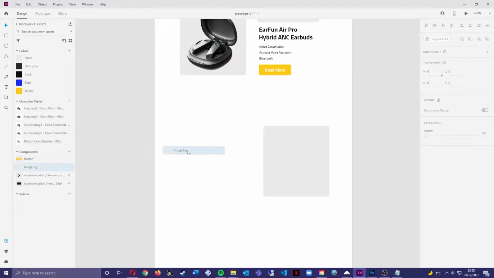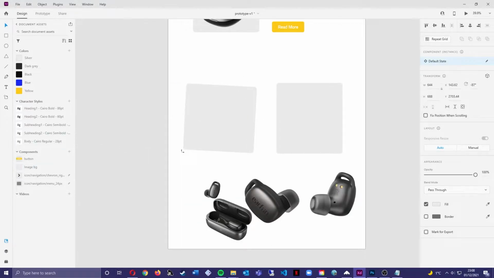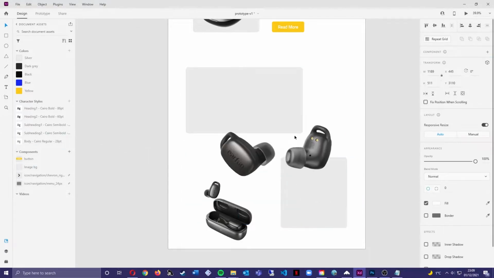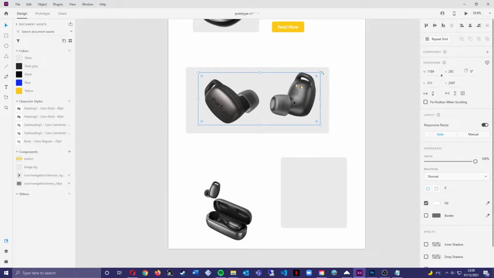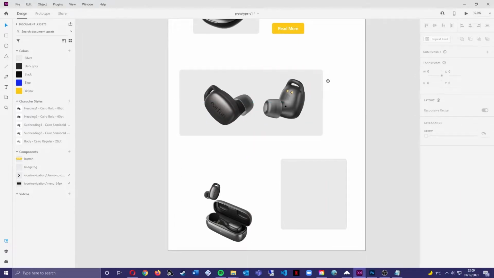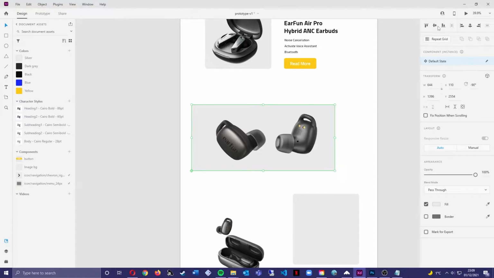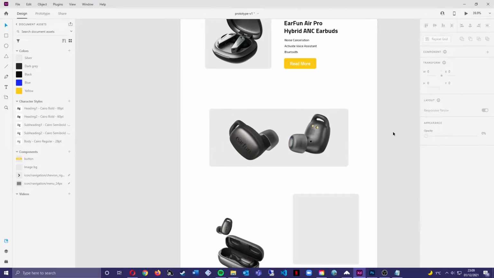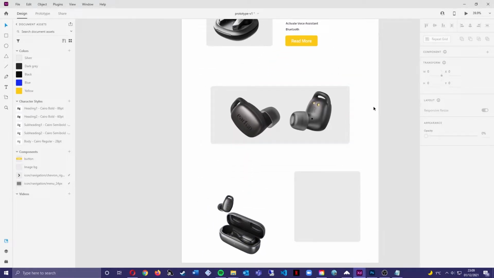Now this is me prototyping. This is my first iteration. So I've already made a previous product section, but this is another one. This is the Earfun 3 Pro, I believe this one is. So this is me putting the cards out, putting the images onto the cards,